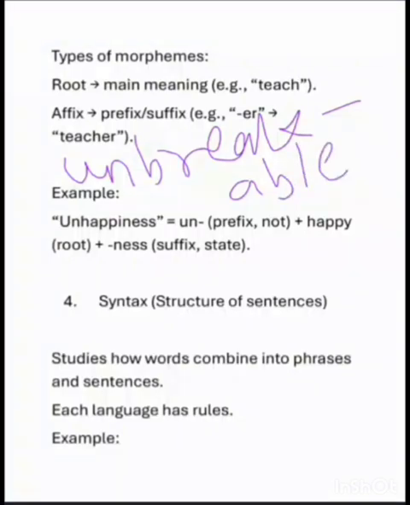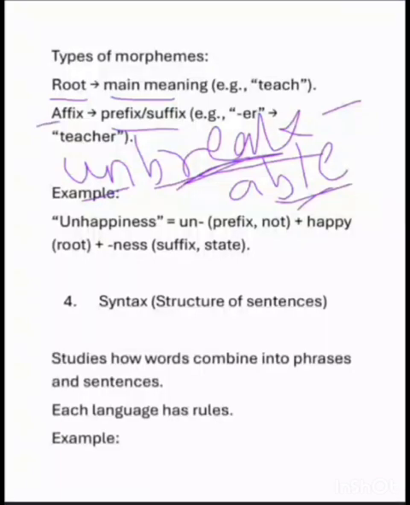In this word, our root word is break, our suffix is able, and our prefix is un. Prefixes are the words which come at the beginning of a word, and suffixes are the words which come at the ending of a word. The main word is break, which is the root word from which the whole word became. The root word carries the main meaning, and then prefix and suffix are added to it.